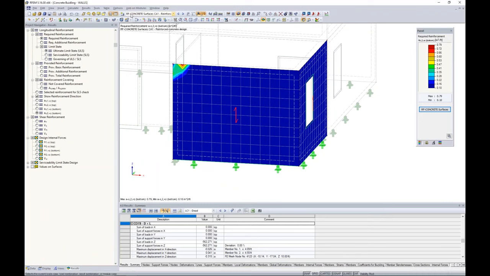Well, remember, I'm still in this add-on module, RF Concrete Surfaces. I'm just viewing my results graphically here back in RFEM. So we'll take a look at our required reinforcement, which I can choose within my tree here. And now I'm viewing the required reinforcement for both the top and bottom and in both directions. And we can see the direction indicated by the red arrows there. Well, you'll notice as I cycle through these, the wall panels themselves, for the most part, require very little reinforcement, but we definitely have a problem up here in this corner. Very, very high reinforcement is